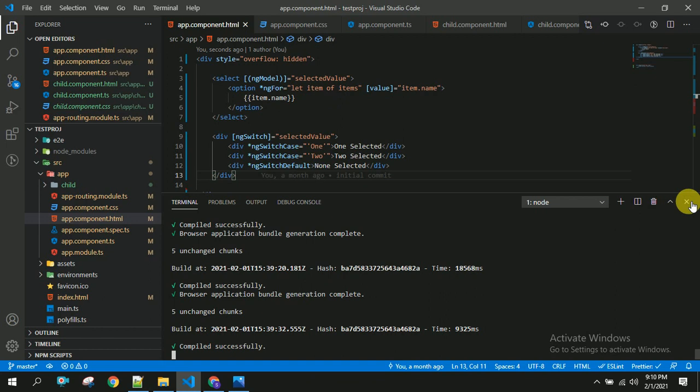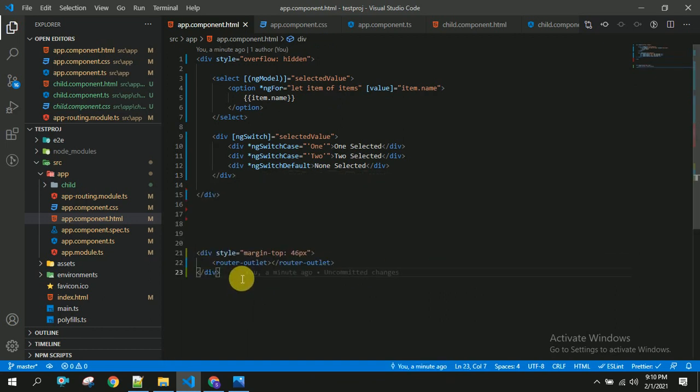So in this way we can use ngSwitch in our Angular application.